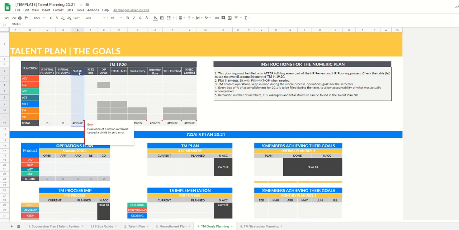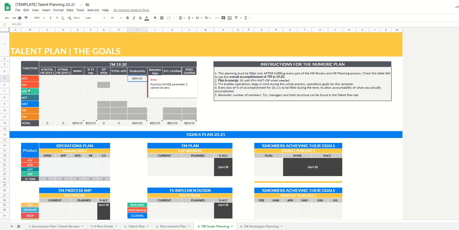Then you should put the percentage of members achieving their goals in each function, the team standards implementation in each function, how many approvals we had for IXP, for OGV, for OGE and OGT, how many total approvals we had, the productivity. So basically the productivity will be the total number of approvals divided by the people, for example, so you can have it even